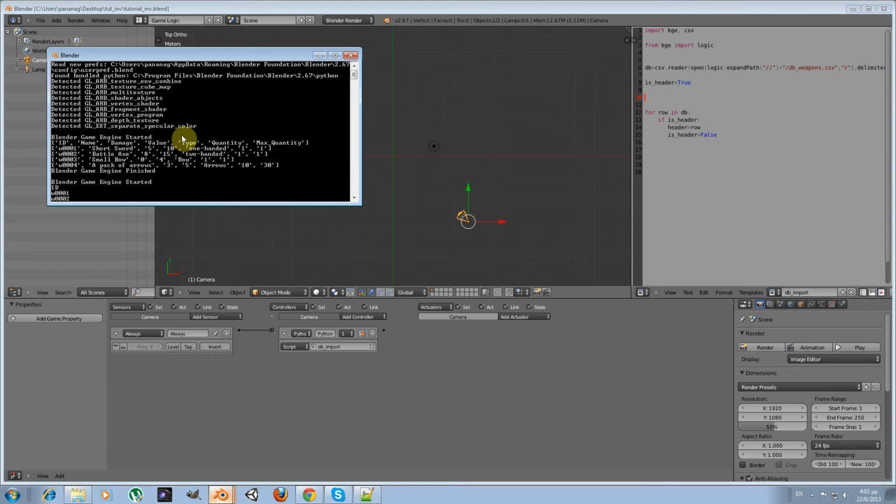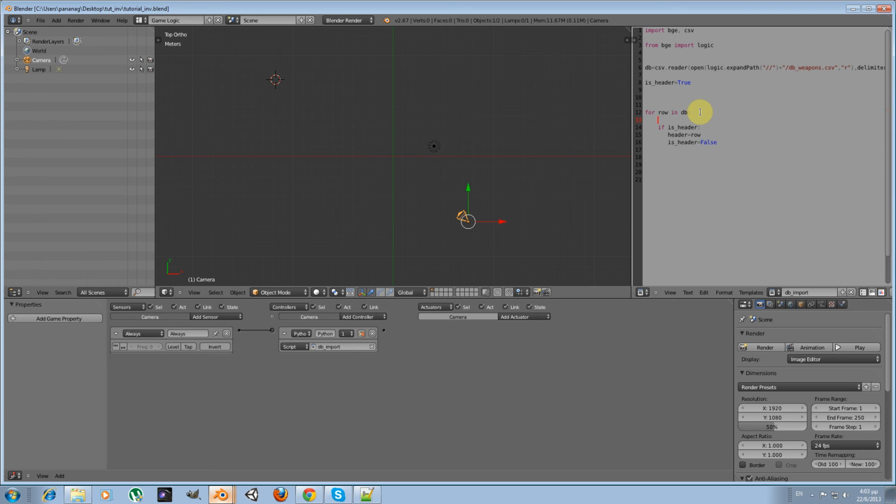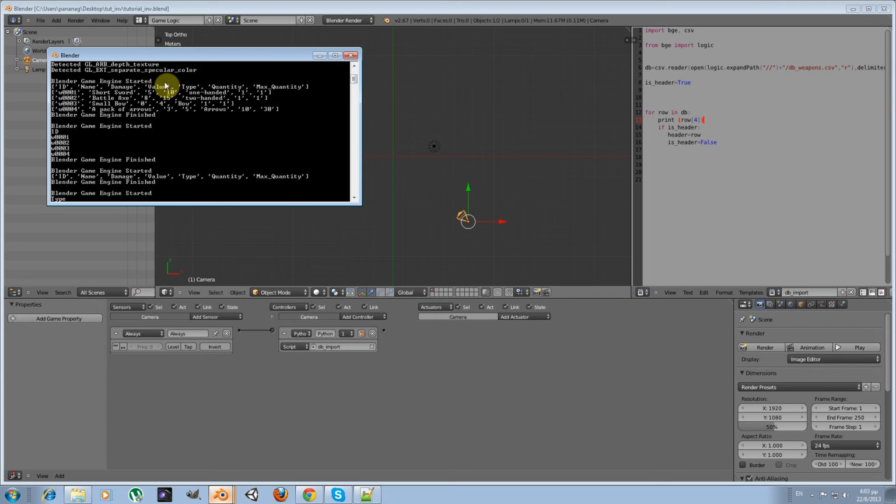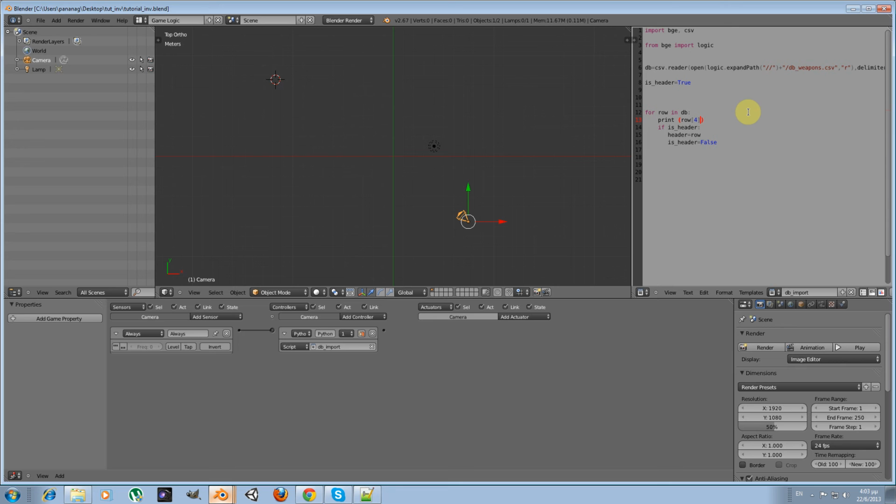Which for example, for type it's 0, 1, 2, 3, 4. So I have to write row in brackets 4, and you can see this easily just by print row 4. Press P and check your console. Okay, and we see that it prints just the fourth element of each list. Yes, but it's not easy for me to remember which index corresponds to every